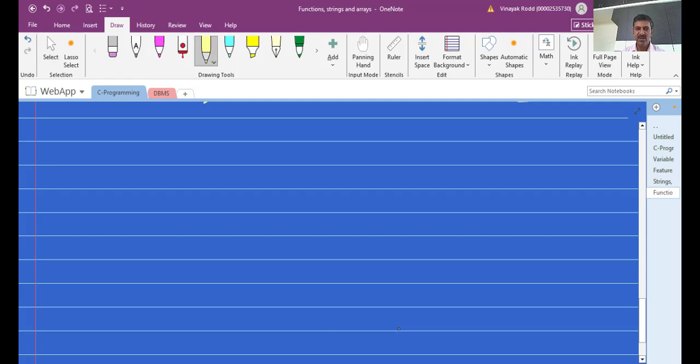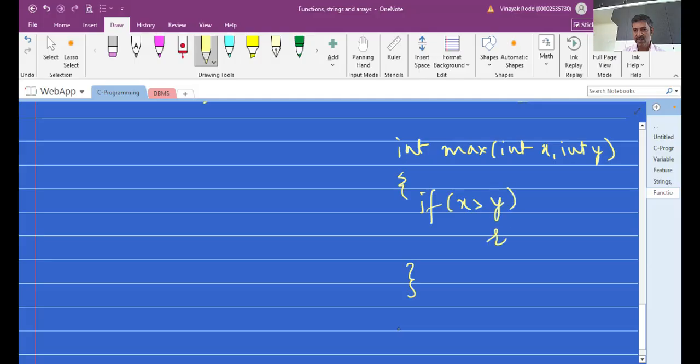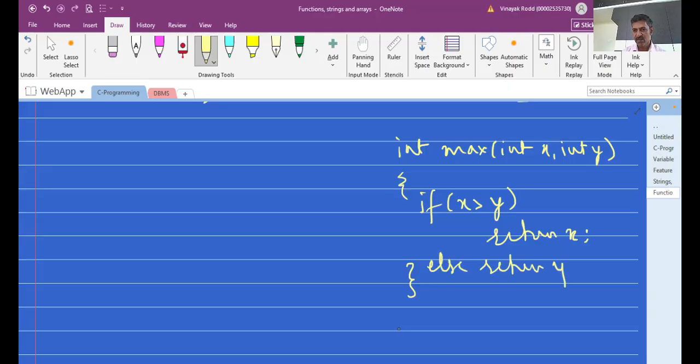So if you write a function to find the maximum of two numbers, how would you write? You write int max(int x, int y), right? Like this you write. Here you write if x greater than y, return x, else return y. This is your function. Now a macro can also be written in a much shorter way. You just have to say hash define